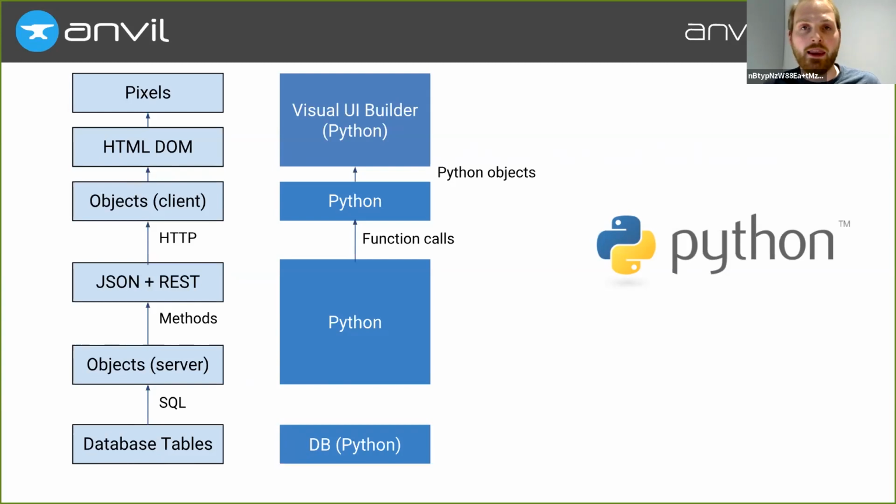And we even have a Python native database, optional, of course, which represents its tables and rows as Python objects, which means that we're all in one language from top to bottom of the stack, and we can pass objects around from top to bottom of the stack freely, which eliminates all that effort that those pink boxes were trying to help us overcome. It's gone because this is just one language and one representation, and you can bring a database row all the way from the database to the visual UI builder without having to change its representation.